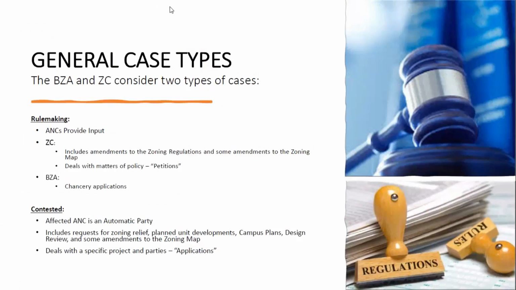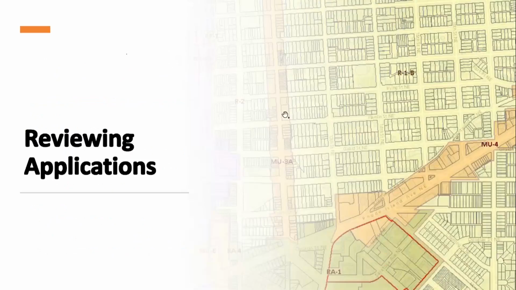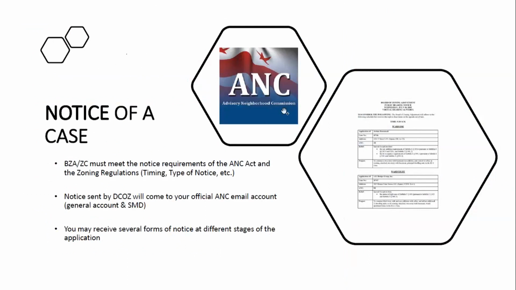Again, just a quick refresher of some of the general case types that the Board of Zoning Adjustment and Zoning Commission consider. So in rulemaking cases, ANCs provide input. For the Zoning Commission, this includes text amendments to the zoning regulations, as well as some map amendments. For the Board of Zoning Adjustment, chancery applications are considered rulemaking cases, so projects involving embassies or chanceries under the Foreign Missions Act. In contested cases, affected ANCs are automatic parties to the case, and as a reminder, as a party, ANCs can submit